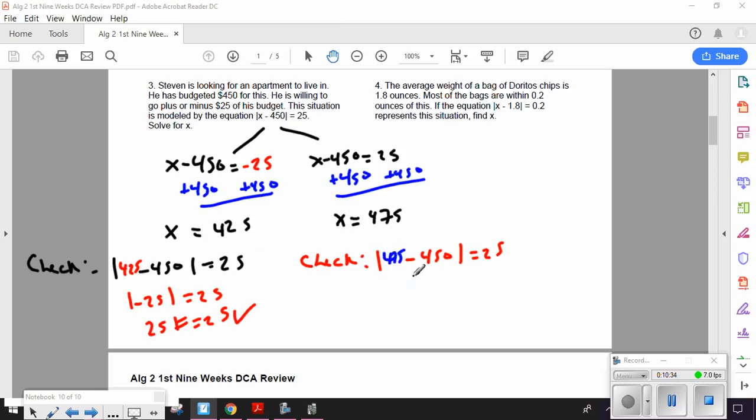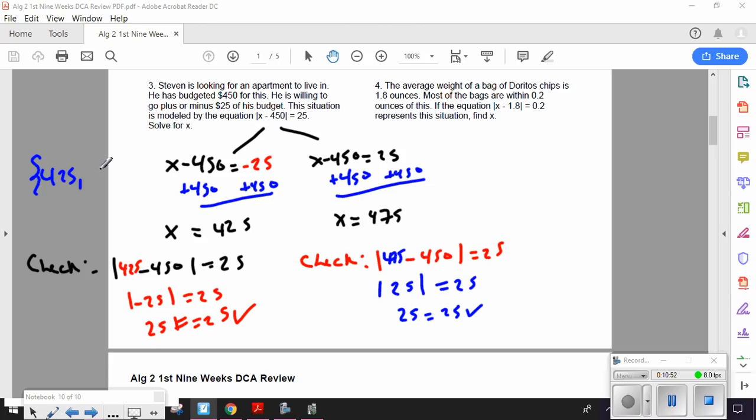Now we're checking 475. So 475 minus 450 is 25. The absolute value of 25 is 25. So both solutions check out. So the solution to this system is